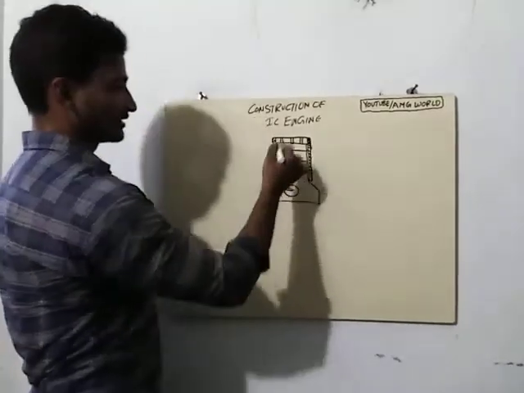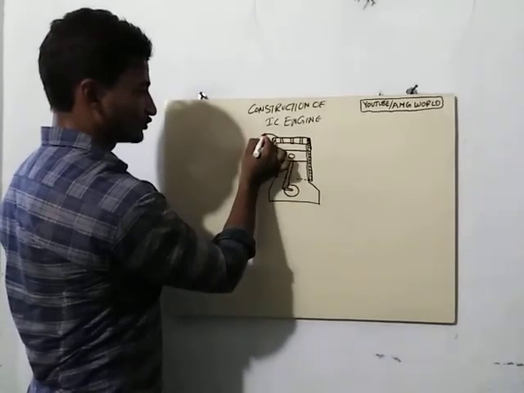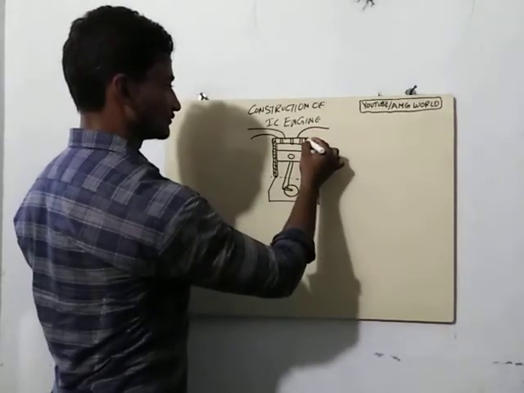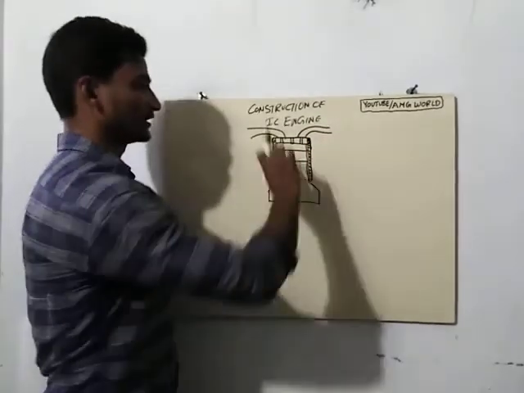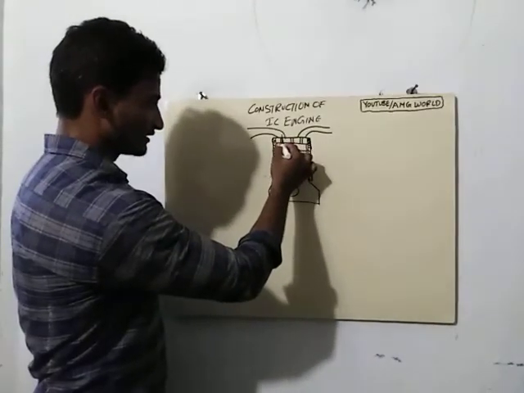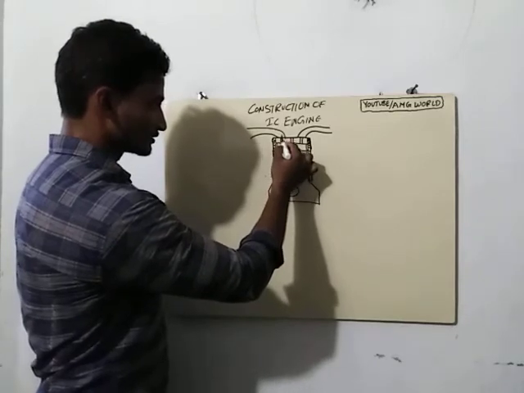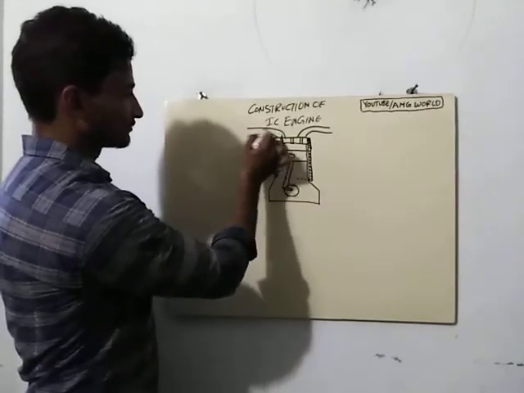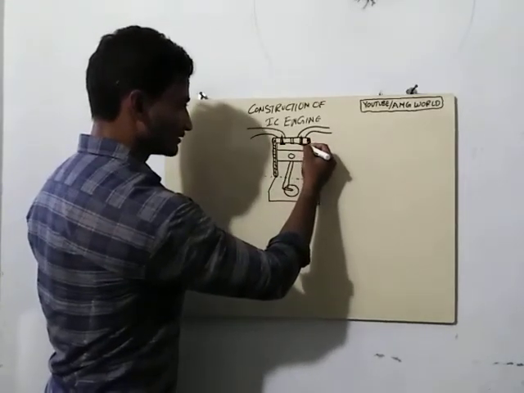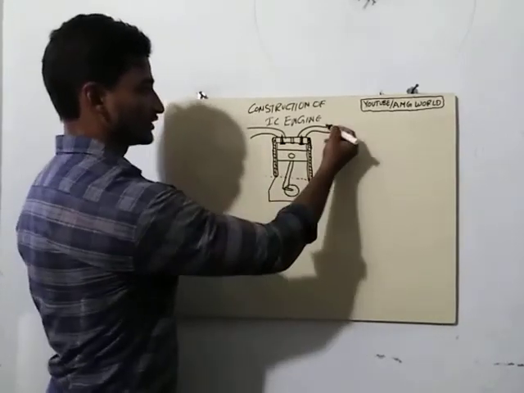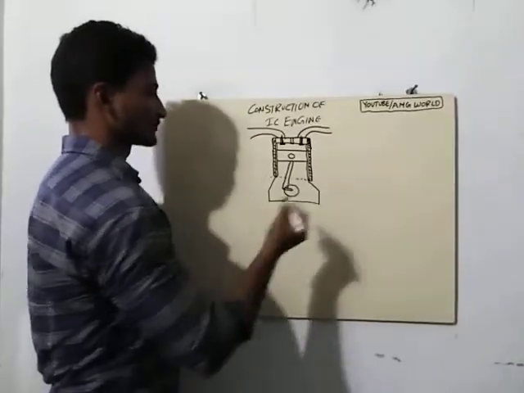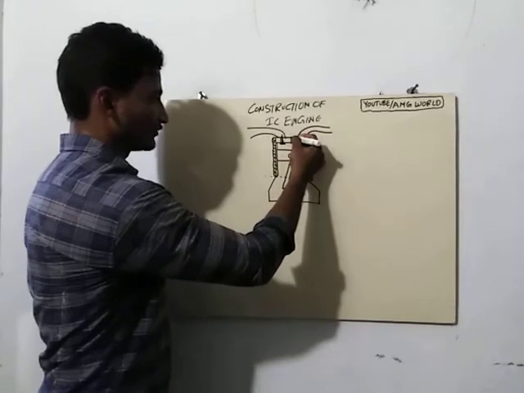and engine head, and this section is going to be connected with a manifold, a pipe-like structure, and here also it is going to be connected with a pipe which is called a manifold. If this wall is the inlet wall, we call this manifold the inlet manifold, and if it is the exhaust wall, this manifold is called the exhaust manifold, and this hole provides space to insert a fuel injector.